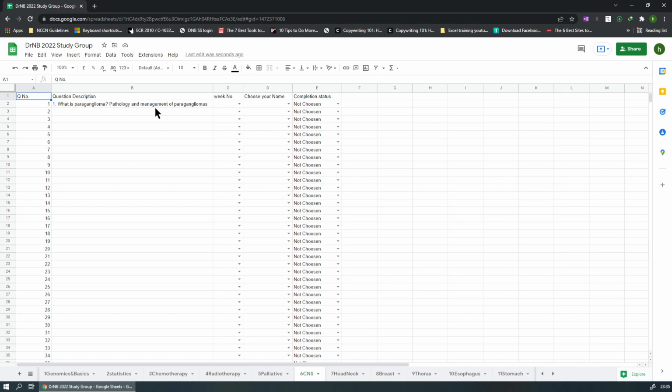So this is how we would like to use this sheet. And one more important thing, this sheet can be accessed from any mobile or laptop. It will be present if you have this document link handy.